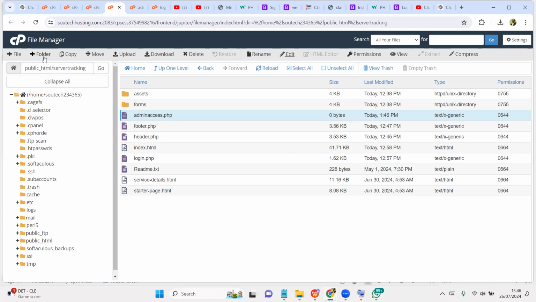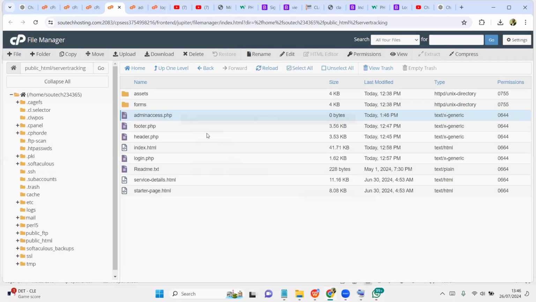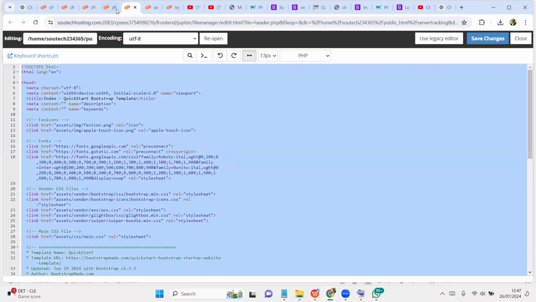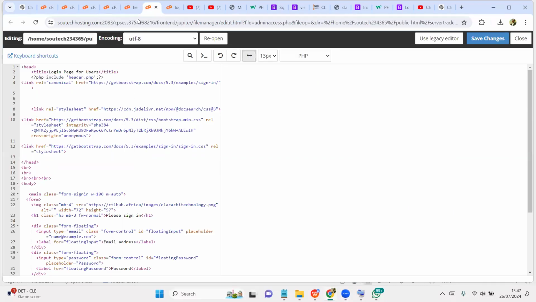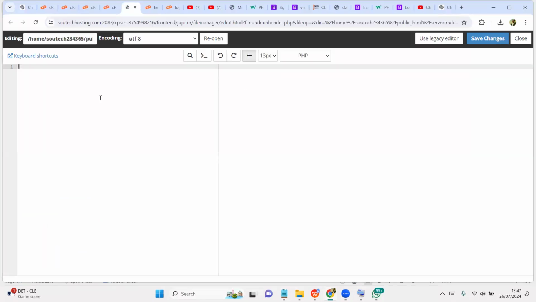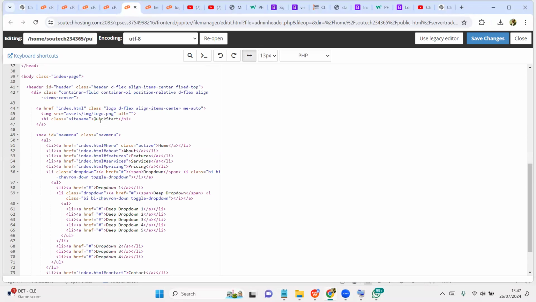We want to create another header that is going to be admin header.php. So we will copy the content of this normal header, we'll copy everything, and we will paste it into this admin header, but we will take off everything here.